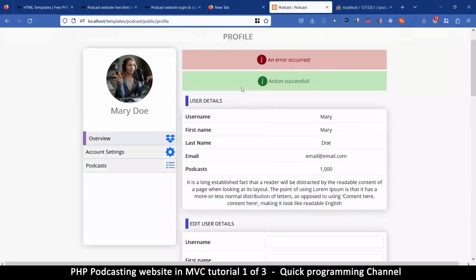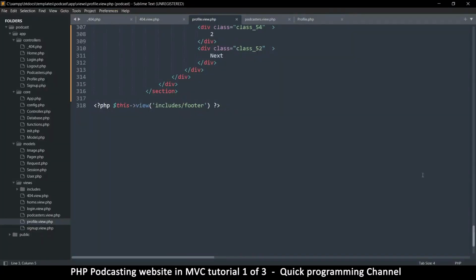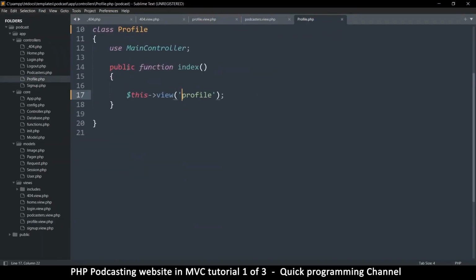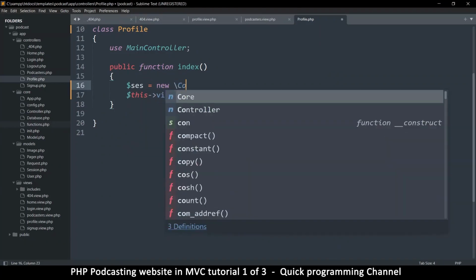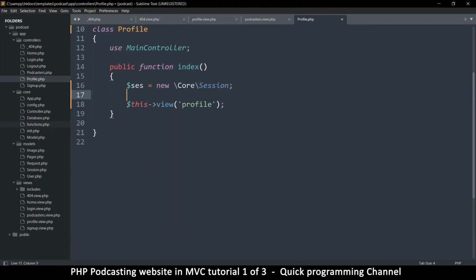All right. Now a profile page should only be viewed by somebody who has logged in. So we're going to go to the profile PHP section here, and we should check if somebody did log in. Anyway, I can do that, no problem. I can type it again. So we use the session to check for this. So this is inside the core session, and then I'm going to say if